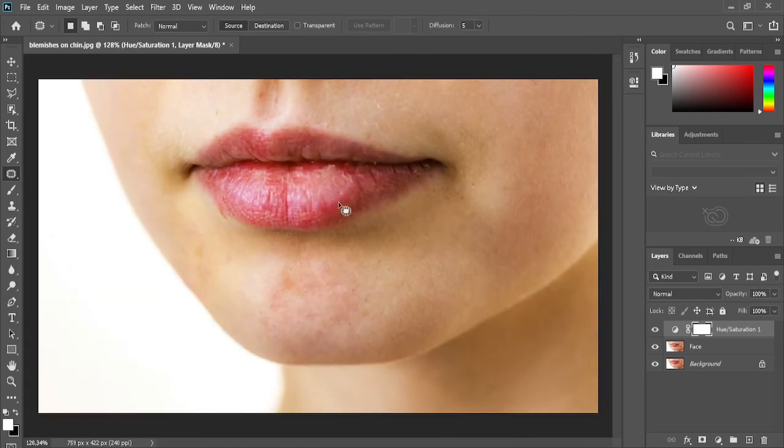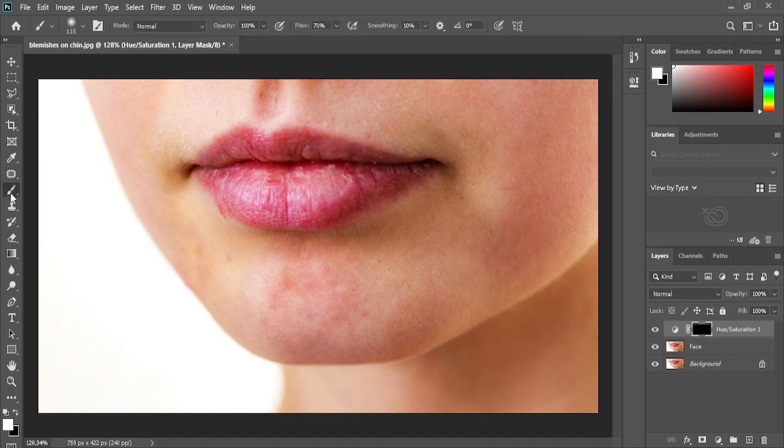If you notice, the lips are also affected by the hue and saturation, and if you use a lipstick or whatever makeup that changes the lips color, you don't want to do that. You don't want to change the lips color because that's annoying for girls, you know. To fix that, we need to go to the mask, these white things, this square rectangle white thing, and click it, and then press Ctrl or Command I. The adjustment exists, but it is hidden by the mask.